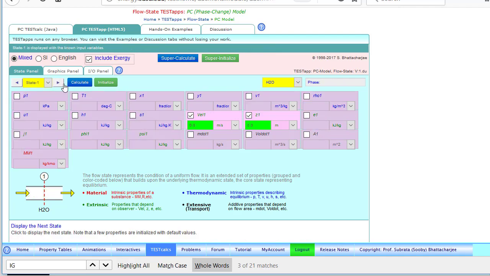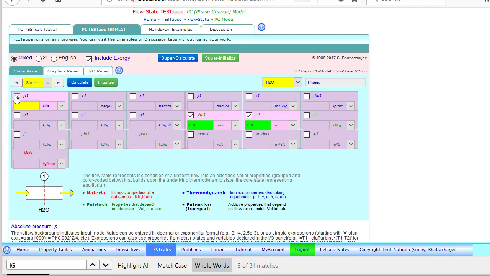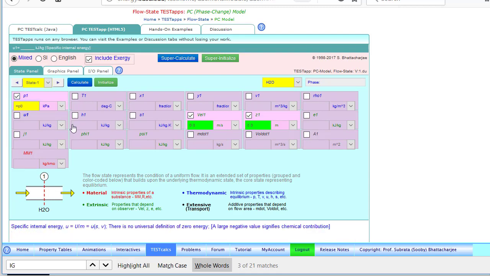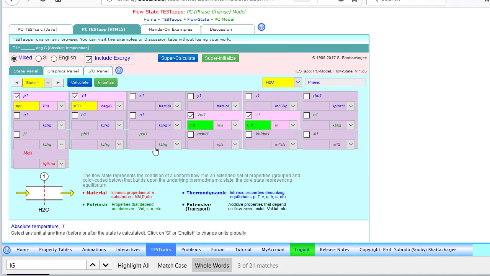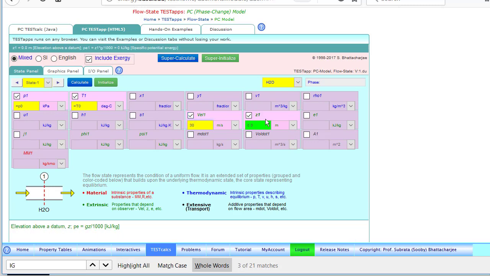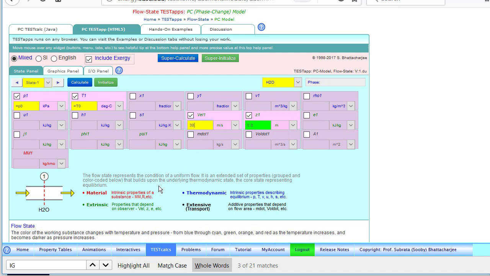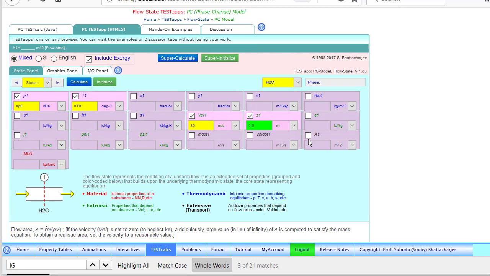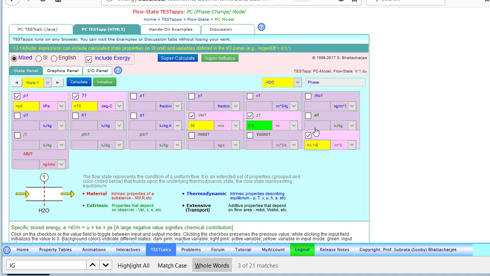Alright, and now for state 1, we're told that pressure 1 equals P0 or 1000 kPa. Same thing for T1 equals T0 or 400 degrees C. And we're given velocity is 30 meters per second. It didn't say anything about height, so we always just assume Z is 0 whenever it doesn't say anything. And it gives us diameter, but there's no diameter option in here, so we're just going to have to do that for area down here. And we're just going to enter it as equals 3.14 times the radius, which is going to be 0.1 meters